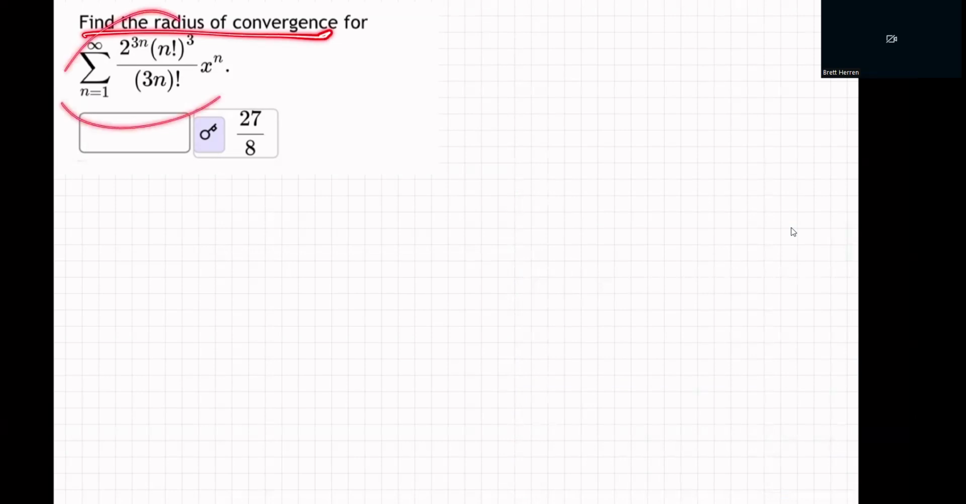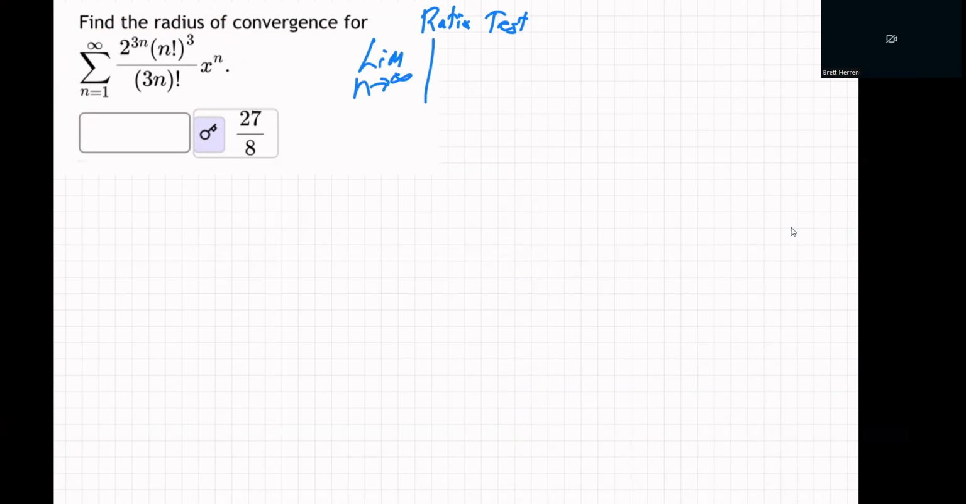Find the radius of convergence for that function. How do we do it? We're going to do the ratio test. And what does the ratio test say? It says the limit as n goes to infinity of the absolute value of a sub n plus 1 over